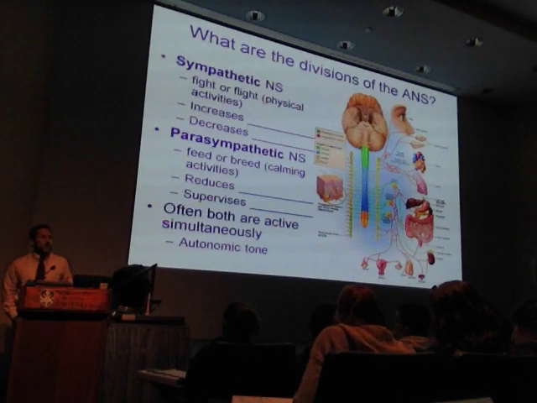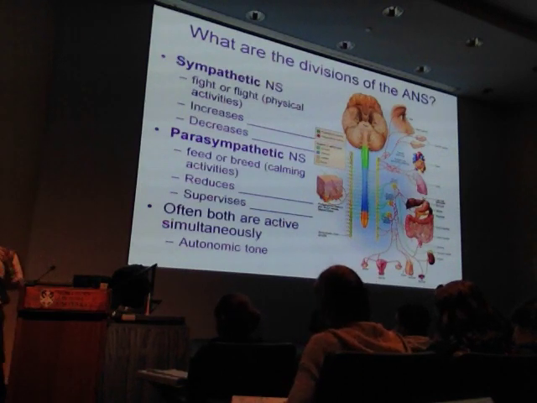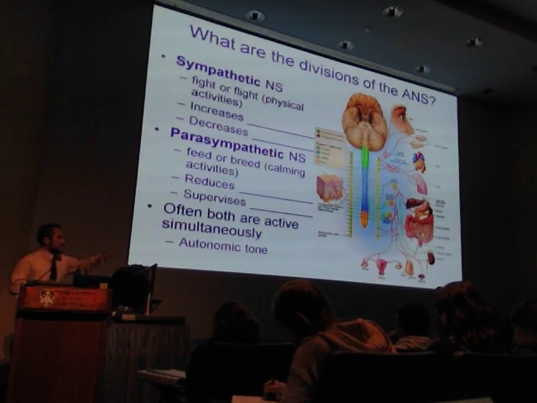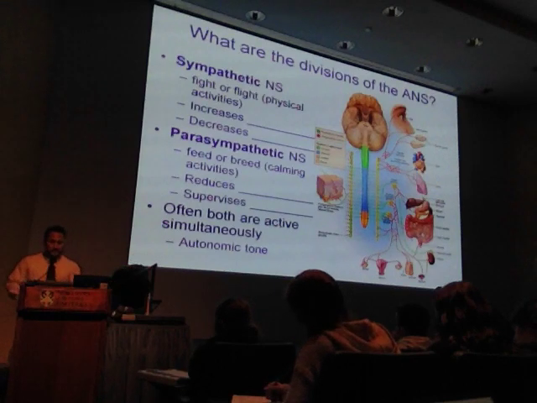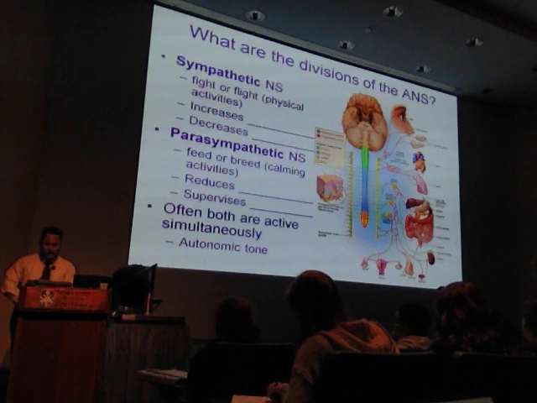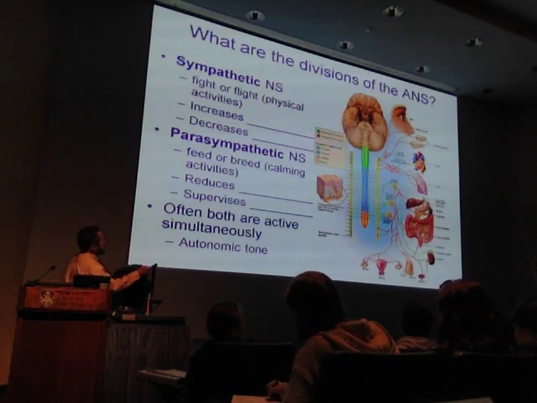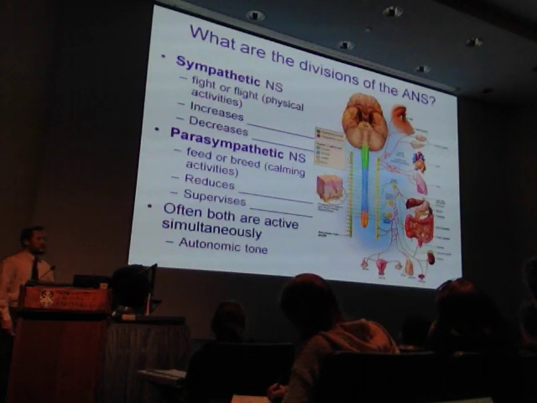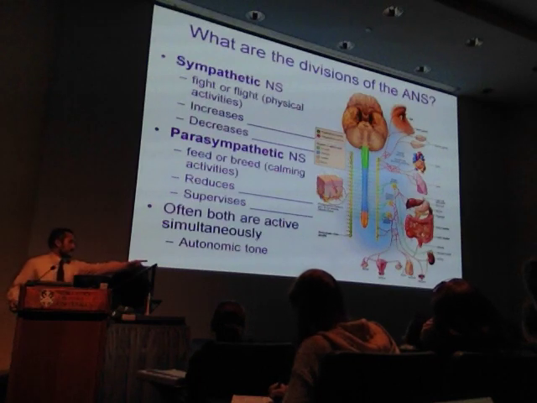And the autonomic tone of all of our muscles is taking place by these two nervous systems. It's this background rate of activity that's always on. And this picture over here is showing you the different subdivisions that we're going to pull out in a second of the sympathetic and the parasympathetic branches.